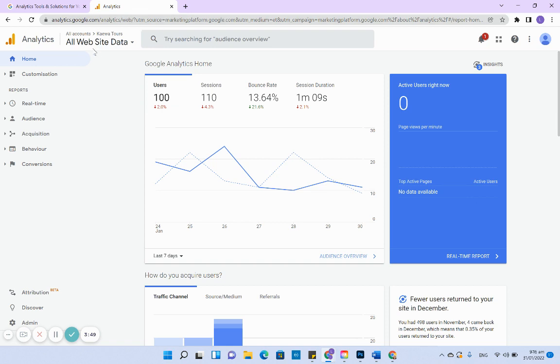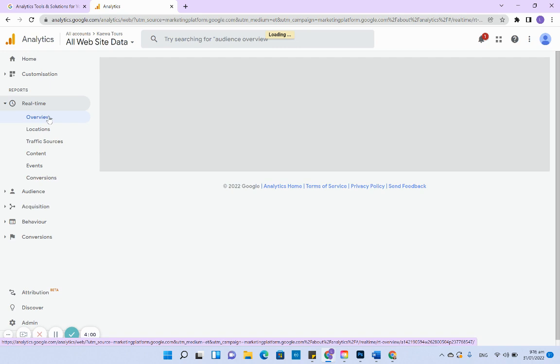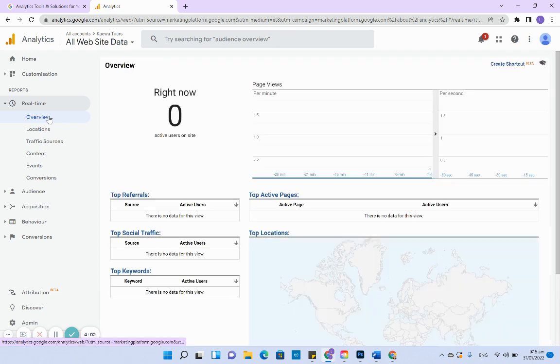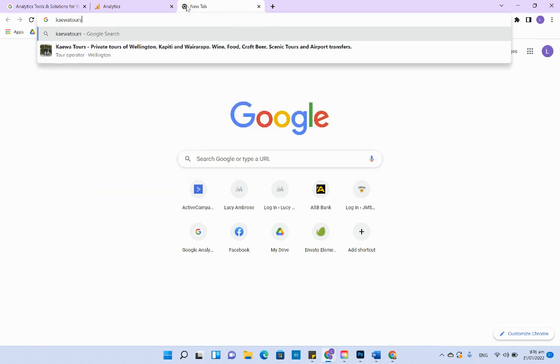But what I want to show you first of all is, let's just look at real time briefly. If I go real time and overview, what this is showing us is how many people are on the website right now. At the moment, there's no people on this particular website. But if I open up another tab and open that website,